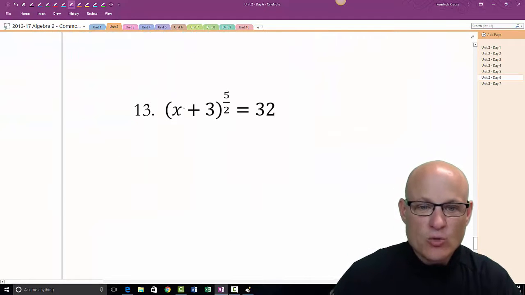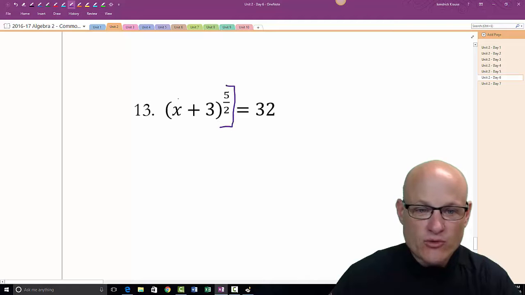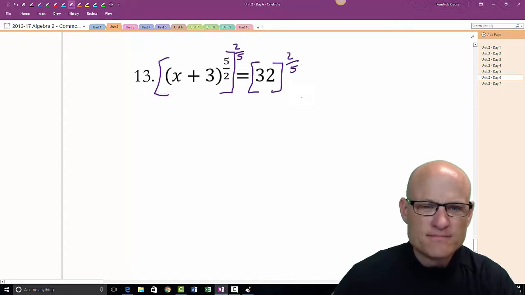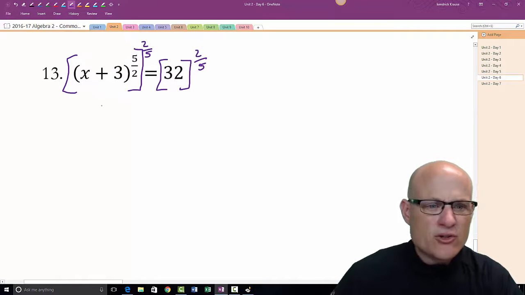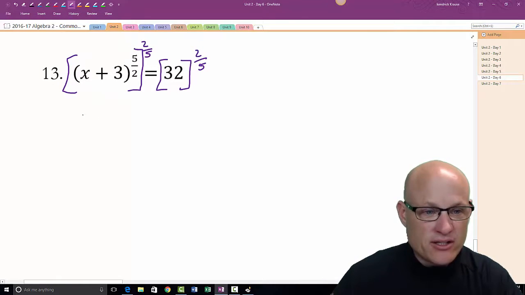All right, here we go. We're going to raise this to the reciprocal. The reciprocal of this is 2 to the 5th, so we have to raise this to 2 to the 5th. The 2 to the 5th and the 5/2 over here cancel, so I end up with x plus 3